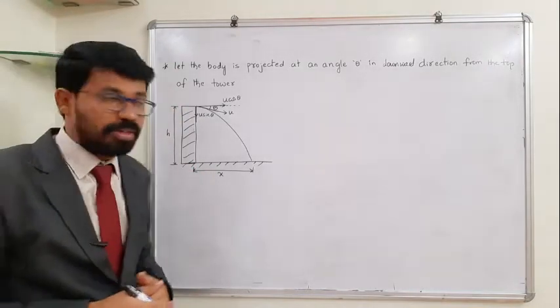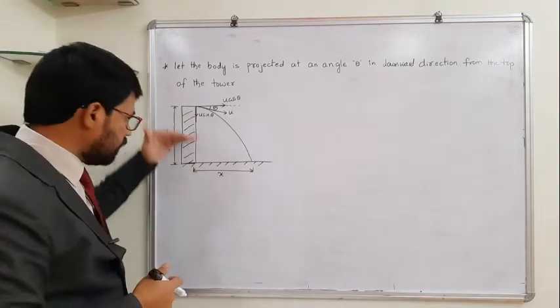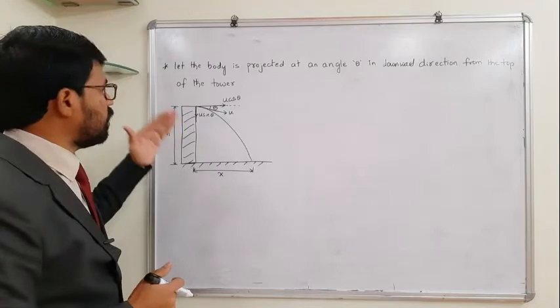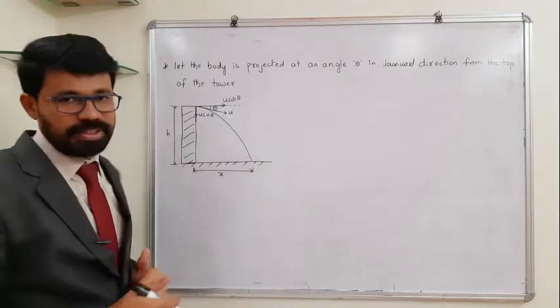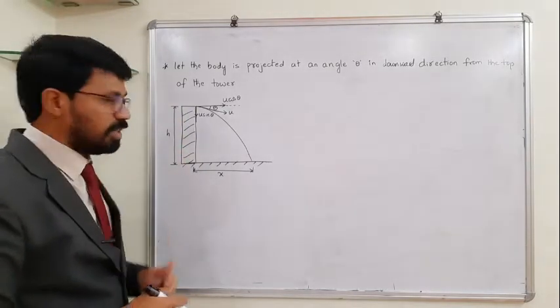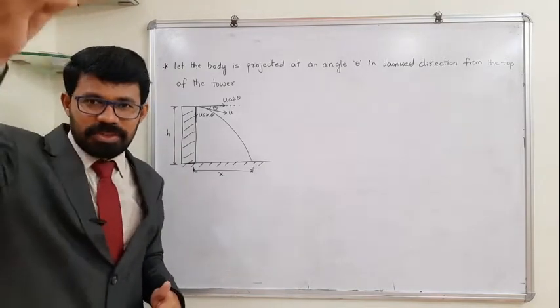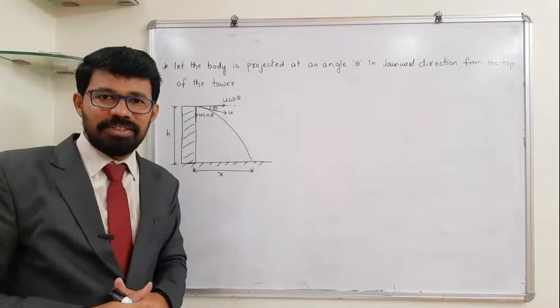Two different directions are not there, only one single direction is there. Only in the downward direction you are having a velocity component, right? So initially the body doesn't have any velocity in the upward direction. So it's like in one direction it is traveling. It's like if you drop a body with the initial velocity 0, what happens? It travels in the downward direction, slowly it gains velocity.